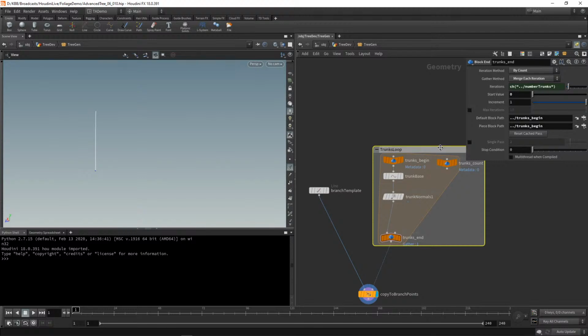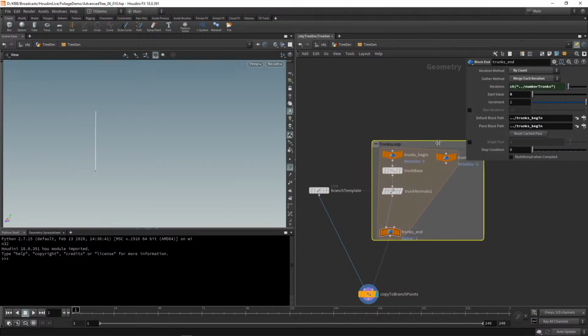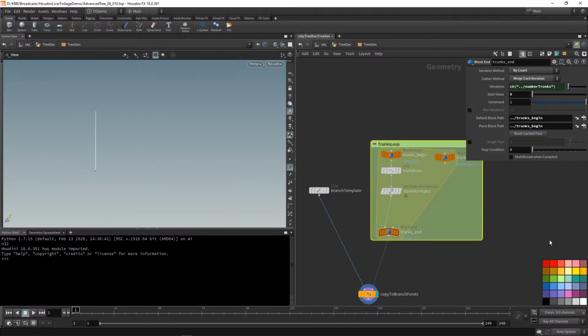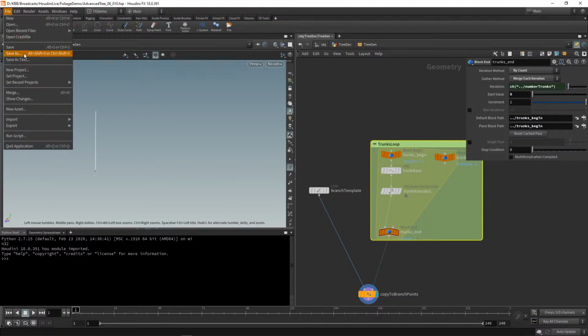Now, with this trunks loop here, I could just move this group around as an entire unit, and I could even color it something else. So with this selected, I'm going to hit the C key, and my little color palette's going to come off. Let's color this kind of like a green color. Yeah, that's good enough. And I'm going to hit C to get rid of that. Okay, there we go. We are good to go. And I'm going to save this file off as,